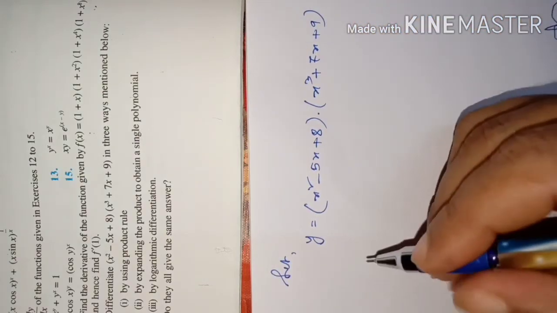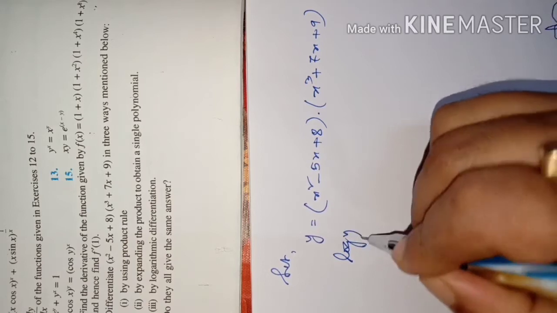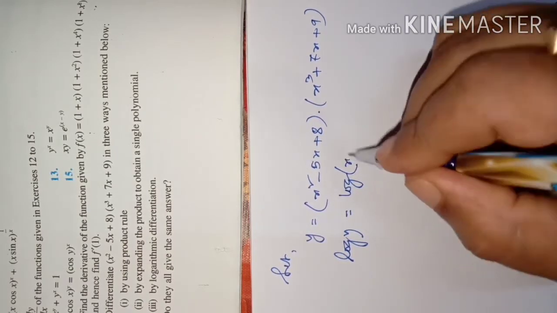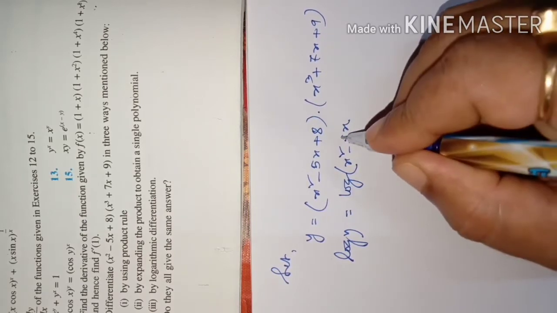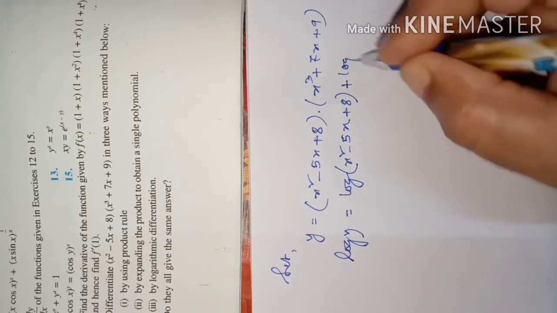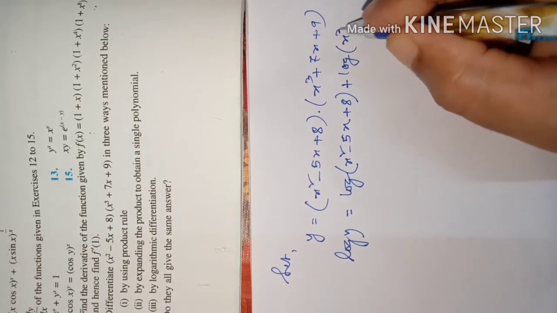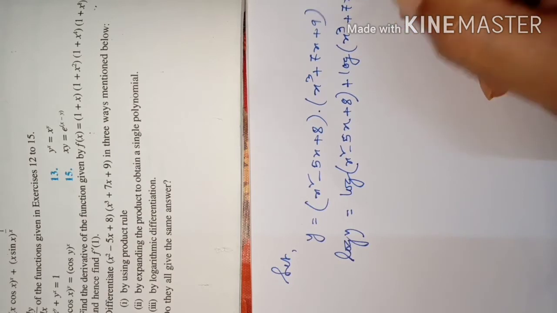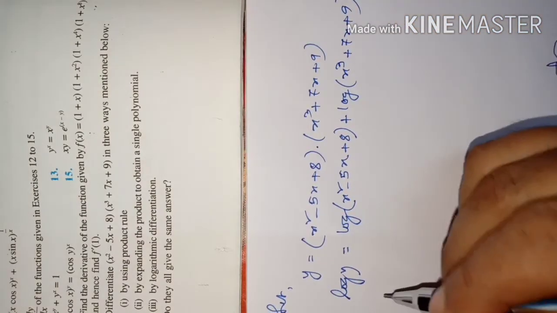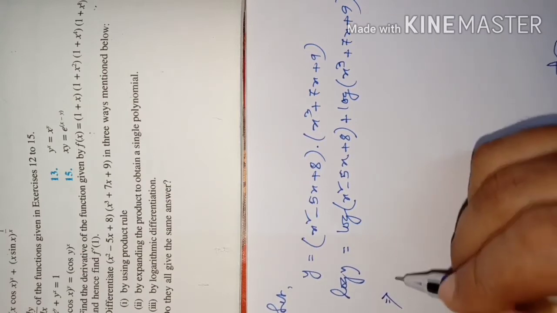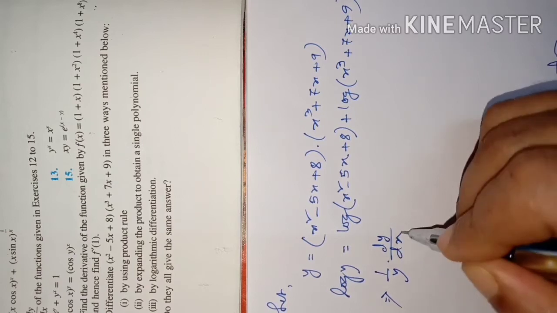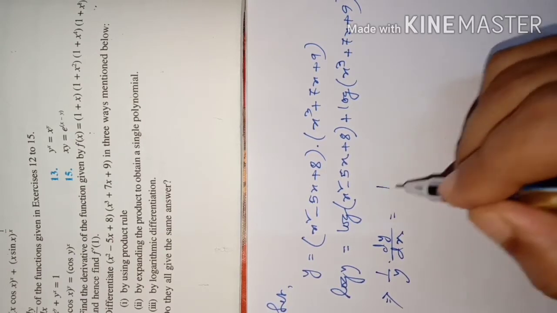So using logarithm here, log y is equal to log of x square minus 5x plus 8 plus log of x cube plus 7x plus 9. Okay, then using differentiation here, we can say here 1 by y dy by dx is equal to 1 by